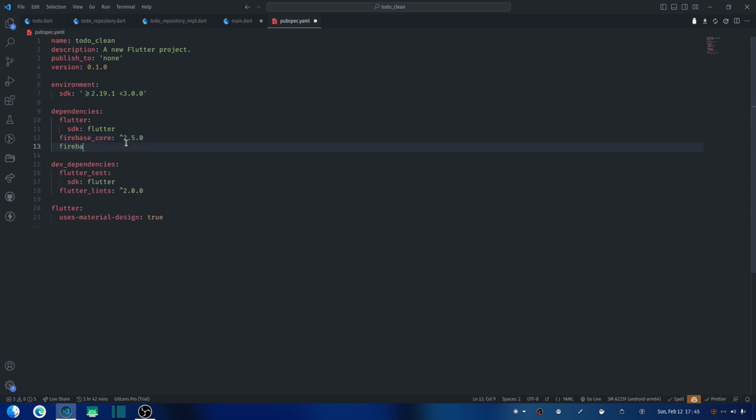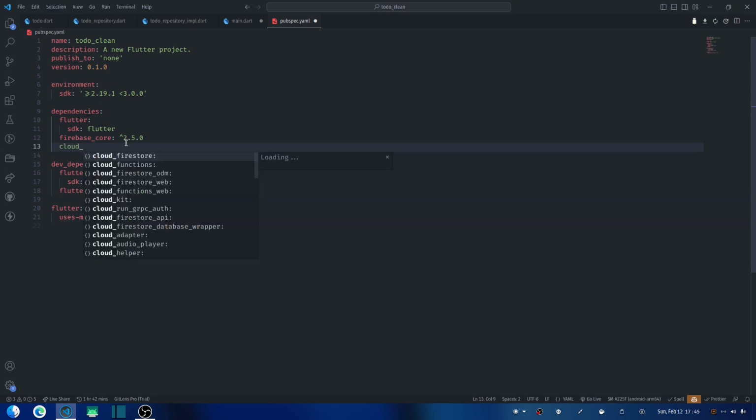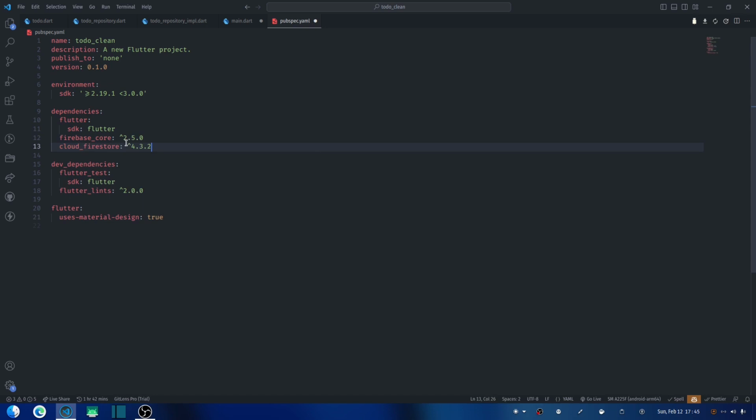Firebase, or Cloud Firestore. So Cloud Firestore, and then save the pubspec file. Right, so when you save it, it's going to run a Flutter pub get, and after that, you should have access to Firebase in this project. Okay, so now we have added Firebase to our project,